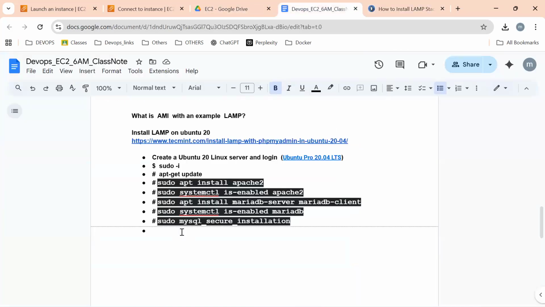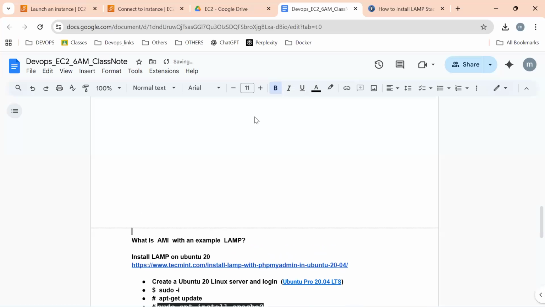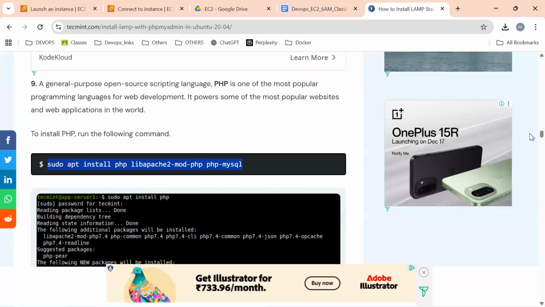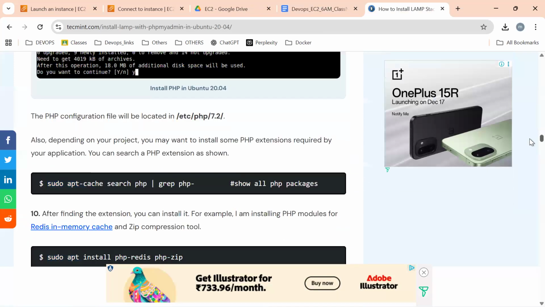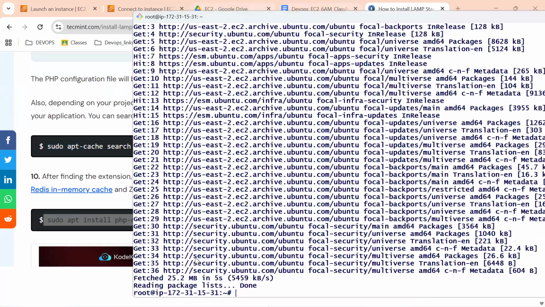PHP. Once PHP is installed, please execute this command, the PHP related command only.